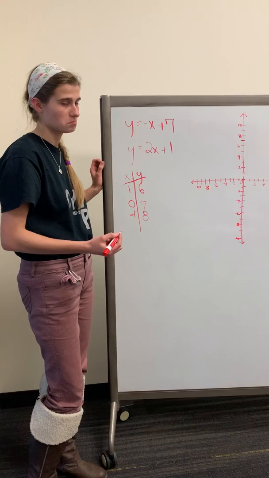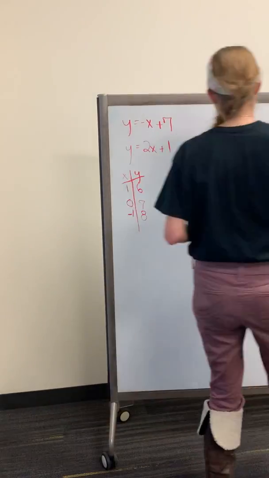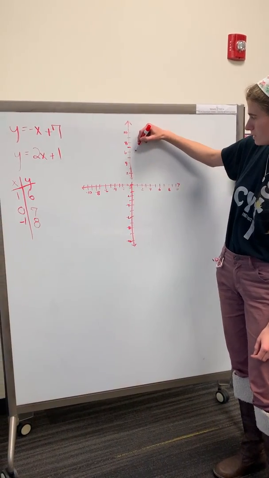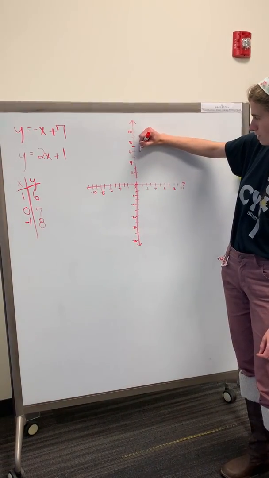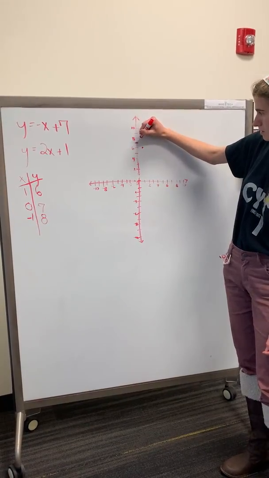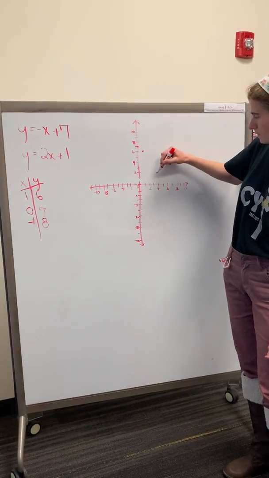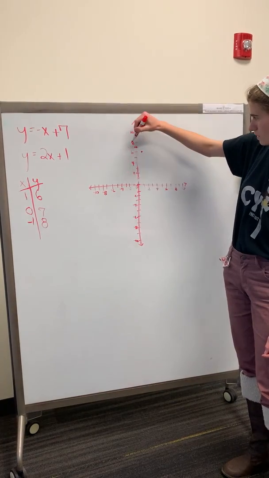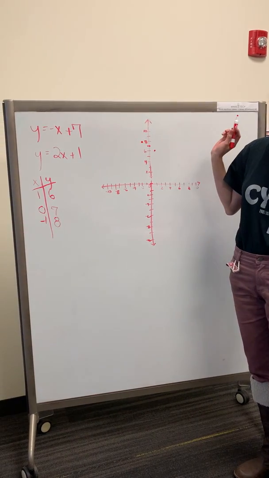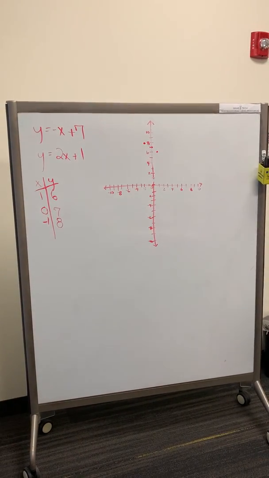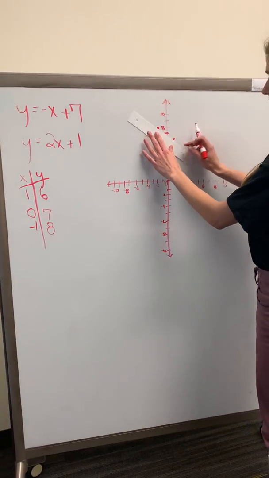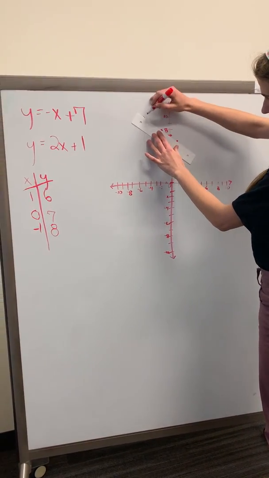That'll give us a decent line, which we can graph over here by saying x is 1, going up to the 6 on y. We can keep doing the same thing, and we'll get a line that starts out something like that. I'll borrow this ruler over here so that we can extend our line